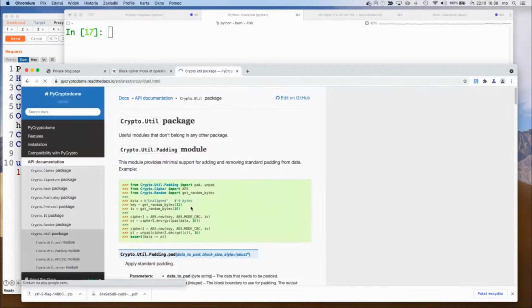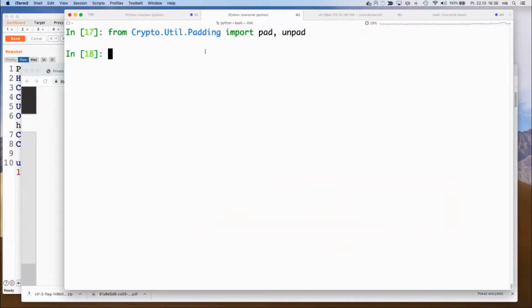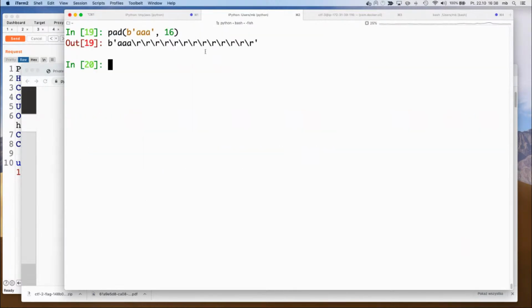Crypto-util. Okay, crypto-util padding. The idea of padding is that we can add something at the very end of a string so that it has 16 bytes. As you can see, here's the idea. We add the same characters at the very end, and then we have another function called unpad that